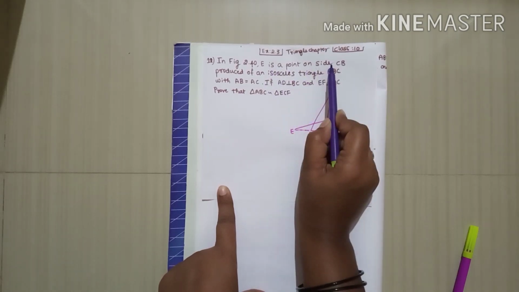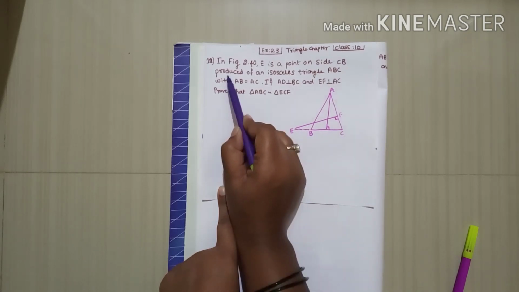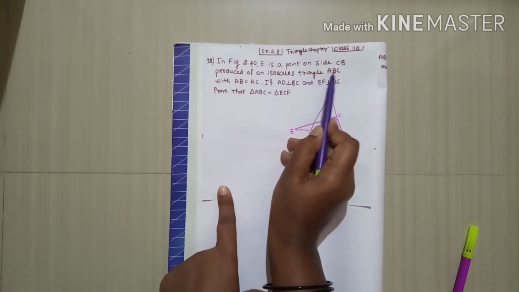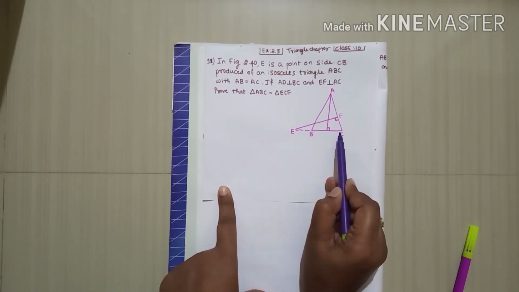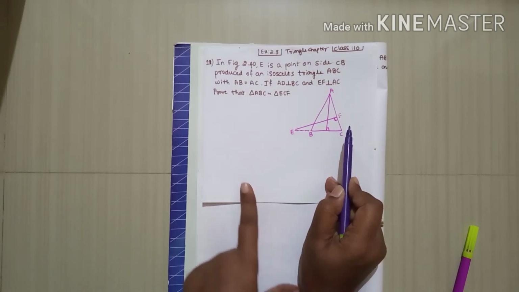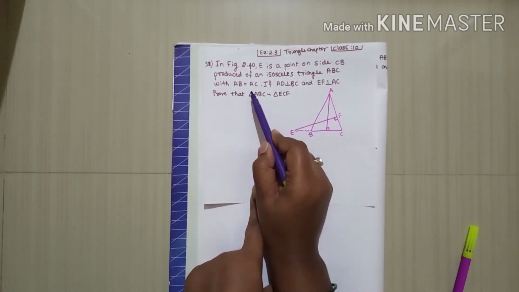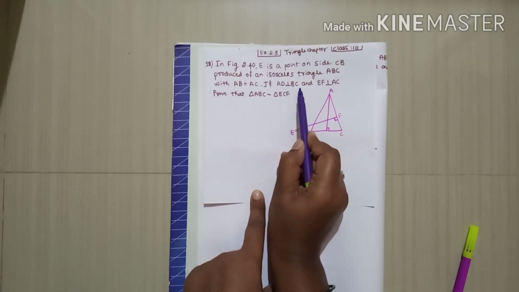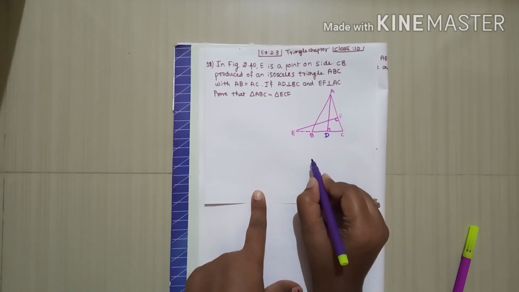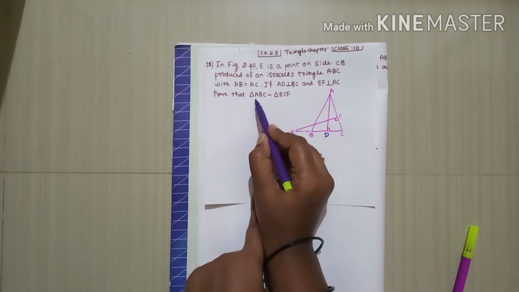E is a point on the side CB produced. They have given the diagram also here. Produced of an isosceles triangle ABC. Here ABC is an isosceles triangle. Isosceles triangle means two sides of a triangle are equal. Here in the triangle ABC, AB is equal to AC, they have given. If AD is perpendicular to BC and EF is perpendicular to AC, prove that triangle